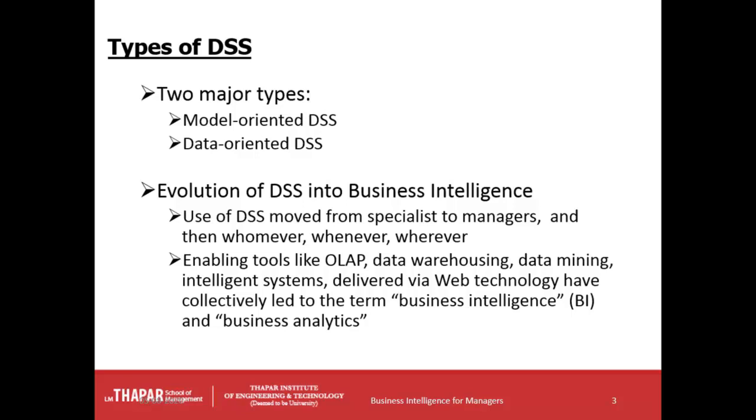Whereas a data oriented DSS is more of a reporting kind of a DSS wherein the data which gets published into the DSS is being used to come out with certain kinds of decisions. There are models at the backend, but those models are comparatively simplified models, and the data plays a major role as far as this DSS is concerned. So we have two types of DSS: the model oriented DSS and the data oriented DSS.